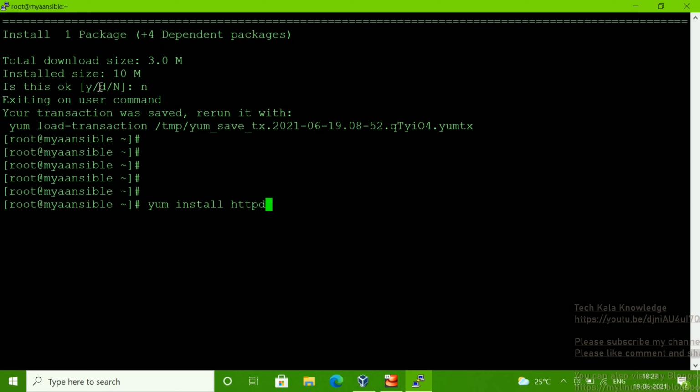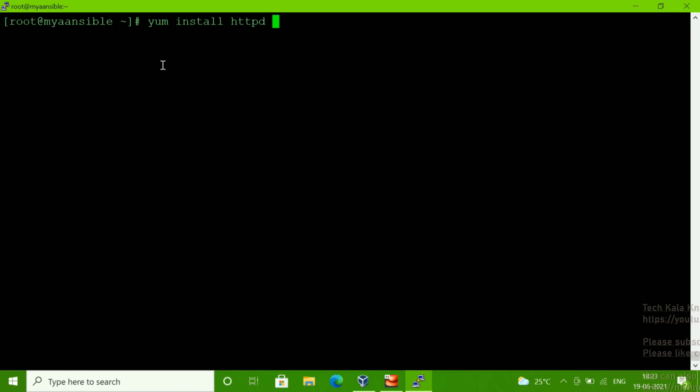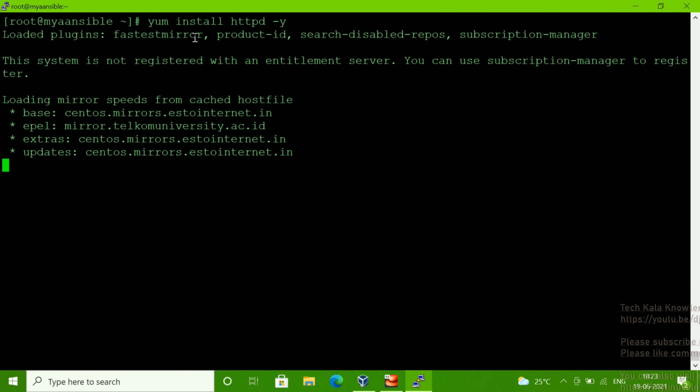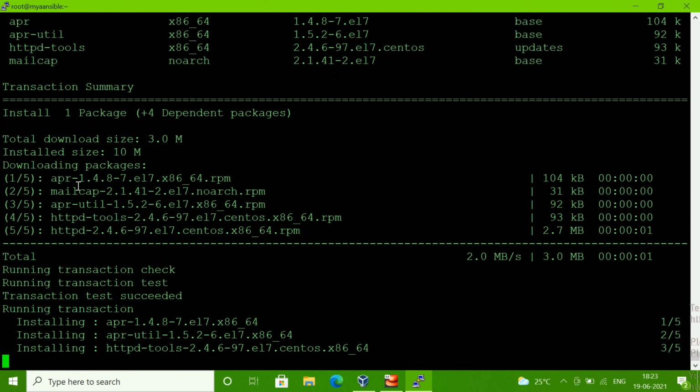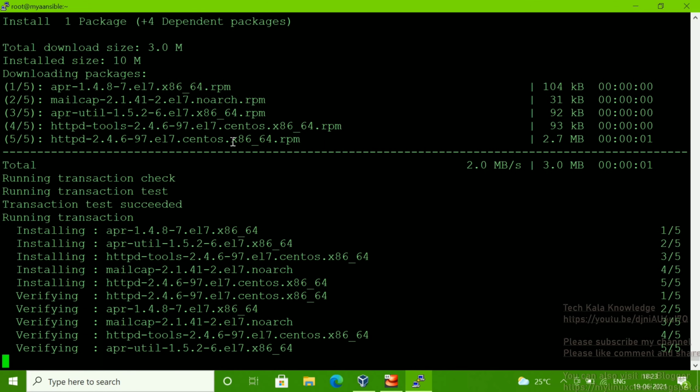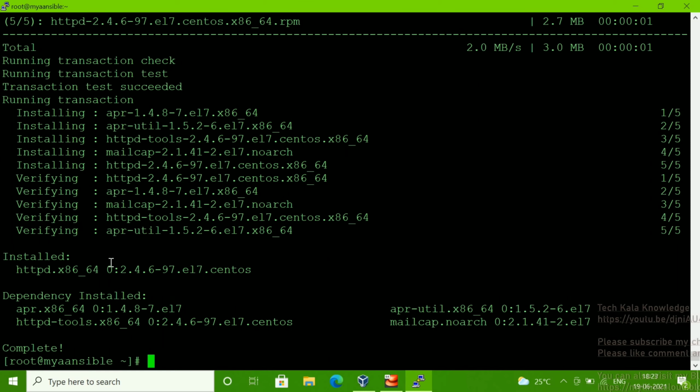Then how is it possible? You type the same command, yum install HTTPD, and give one flag, -y. Once you give this, it will not ask for confirmation. It will automatically install all 5 packages. You can see it's not asking for any confirmation here, and the installation is completed also. Okay, fine.